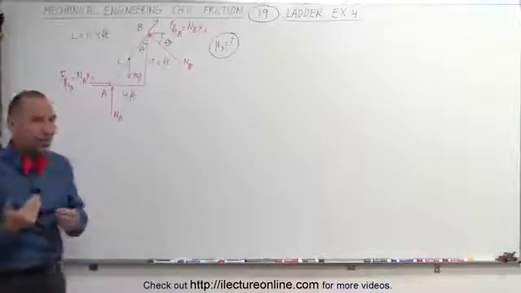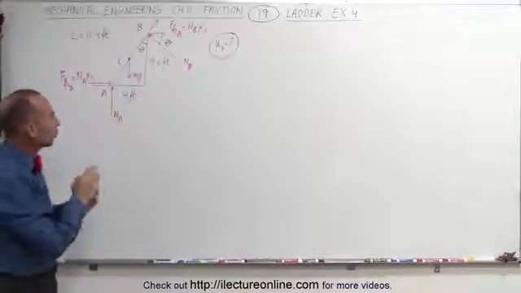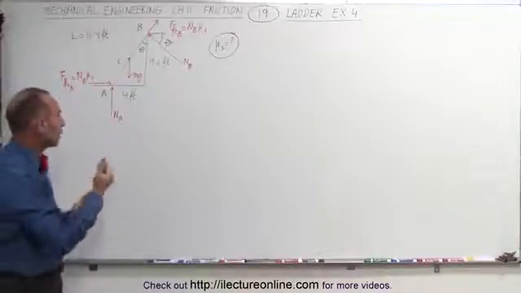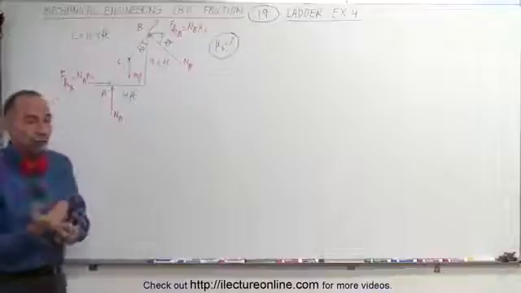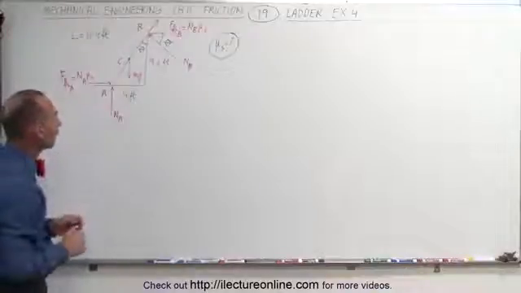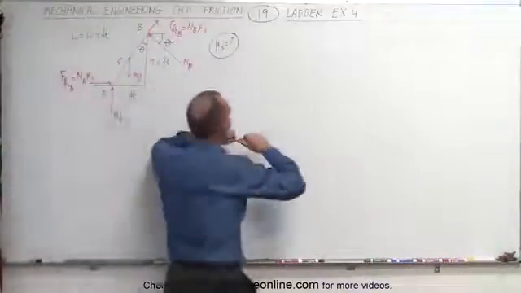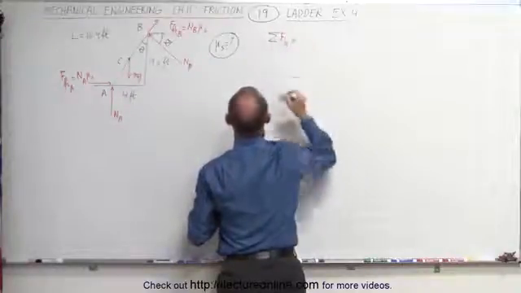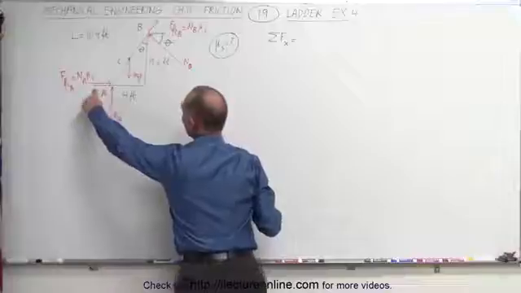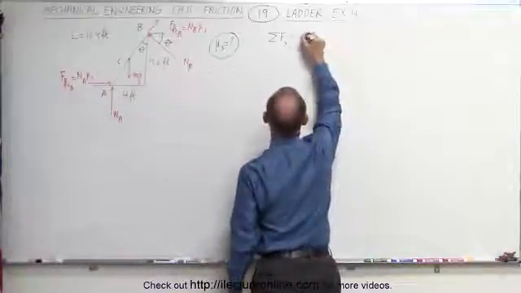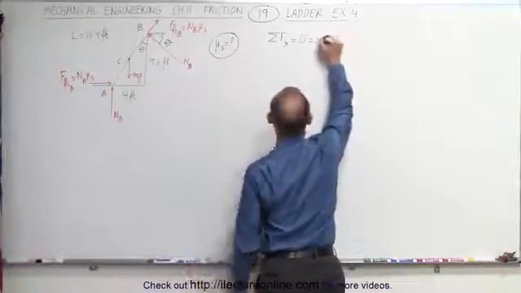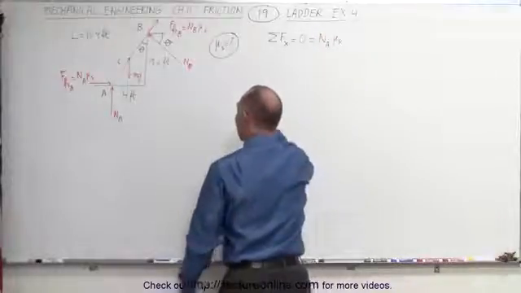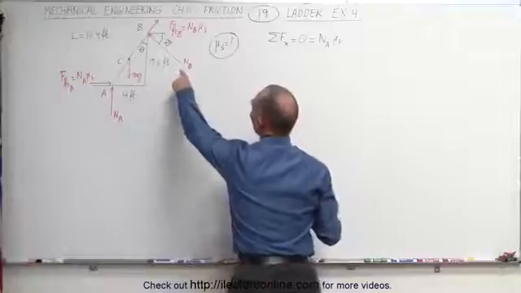We're going to do the same thing we did in the previous video. We're going to use the sum of all the forces in the x direction to try to find a relationship between the normal force at A, the normal force at B, and the coefficient of static friction. So we're going to sum up all the forces in the x direction. First of all, we have this in the positive direction, so they add up to 0. So we have the normal force at A times the coefficient of friction. And then we have the normal force at B, but we want the